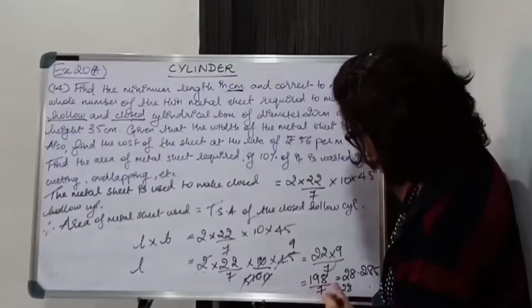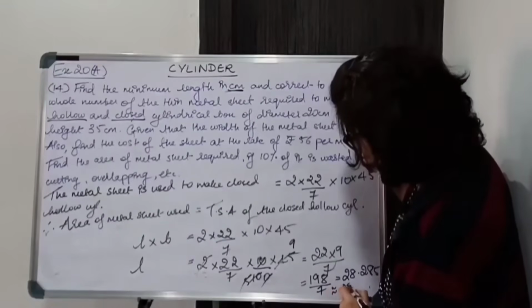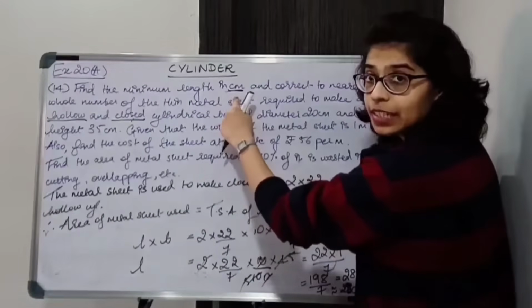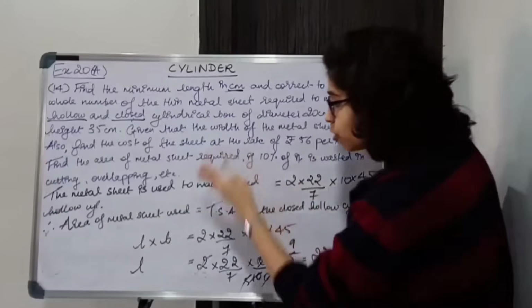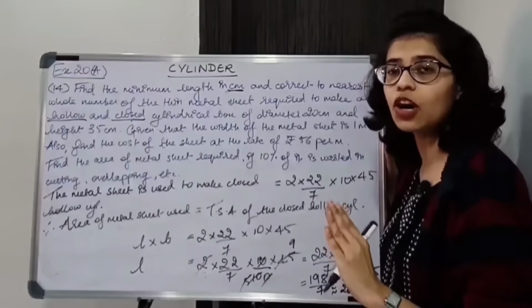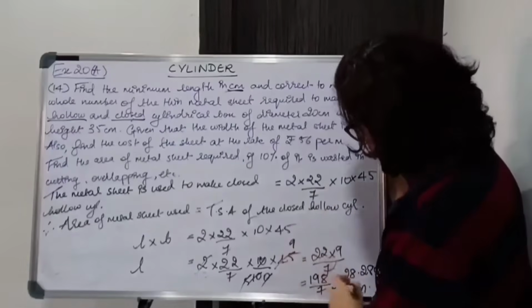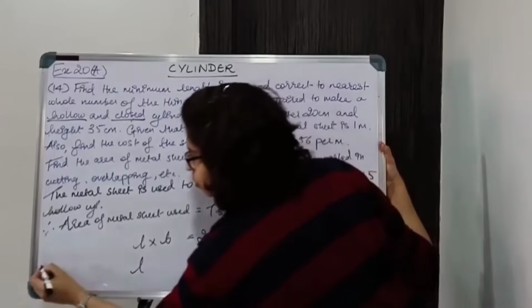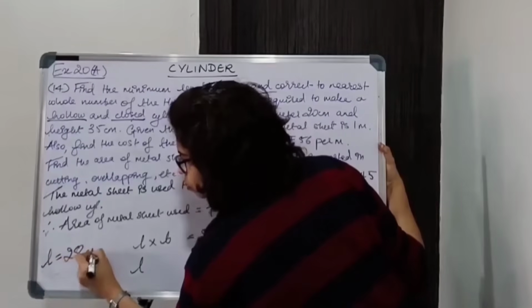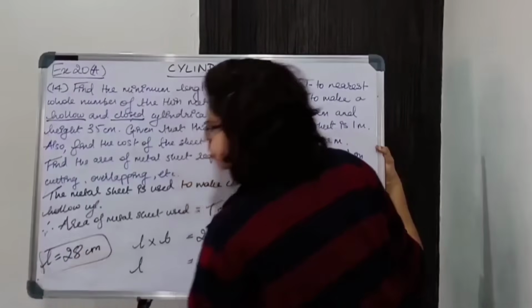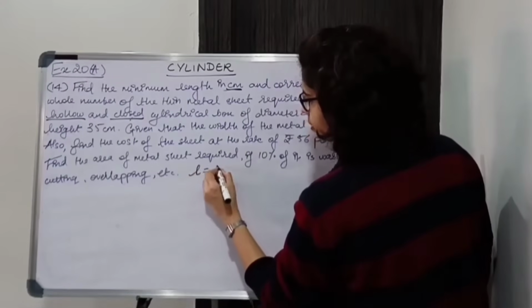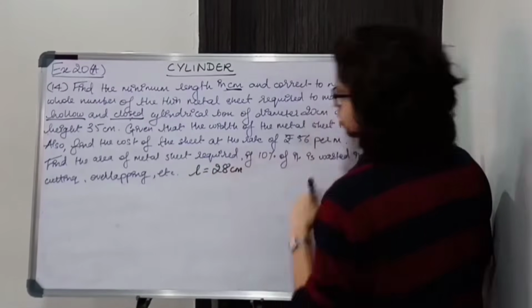सो दिस इज अप्रॉक्सीमेटली इक्वल टू 28 सेंटीमीटर्स. ठीक है. सो लेंथ इन सेंटीमीटर्स फाइंड करना. दैट इज वाई वी कन्वर्टेड ऑल दीज इन सेंटीमीटर. ठीक है. वी डिड नॉट कीप इट इन मीटर्स. So we got 28 centimeter, that is the length of the metal sheet. So L is 28 centimeter. Now we got length of the metal sheet equal to 28 centimeter. This is the rounded off value.